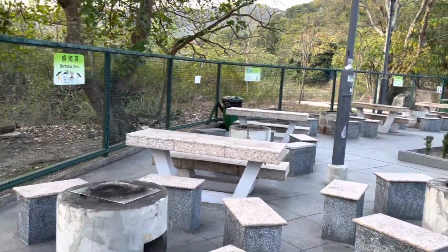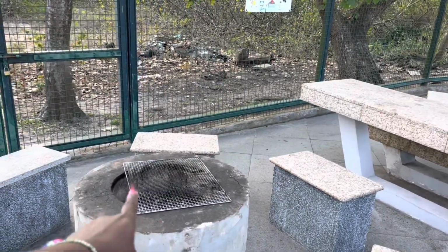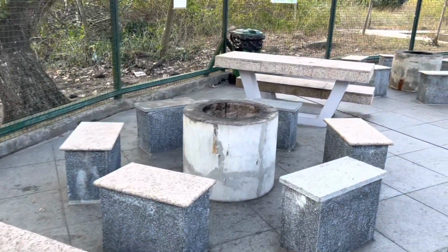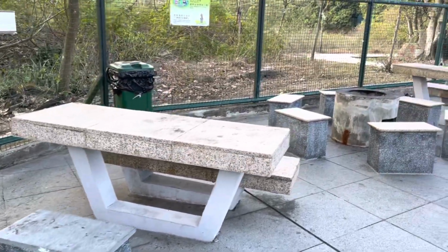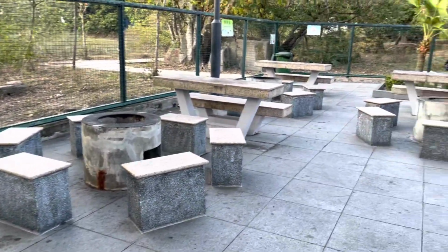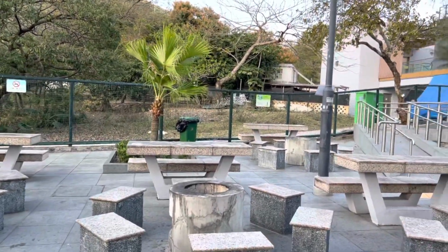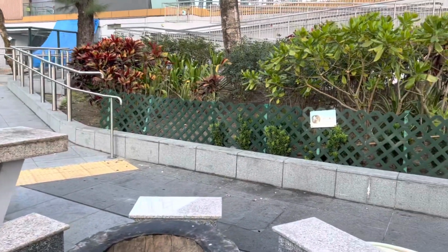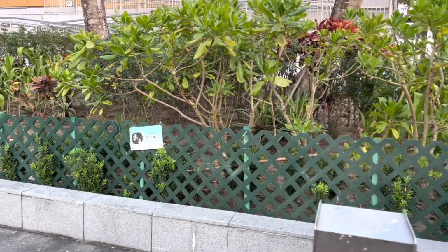Oh, I guess someone forgot their cover, because this one you have to carry your own. But yeah, here we are. You can even just do a bonfire if you don't want to grill anything. You can just come here and do a bonfire. How amazing is this? Can your village even